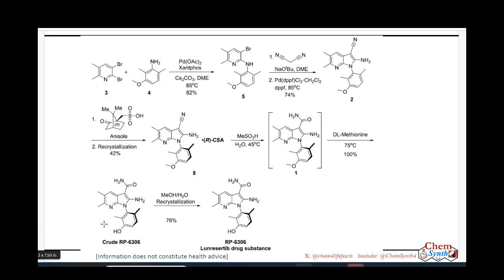So in this crude material they got approximately 97.4% chiral purity. So they did further recrystallization using methanol and water, and they could enhance the chiral